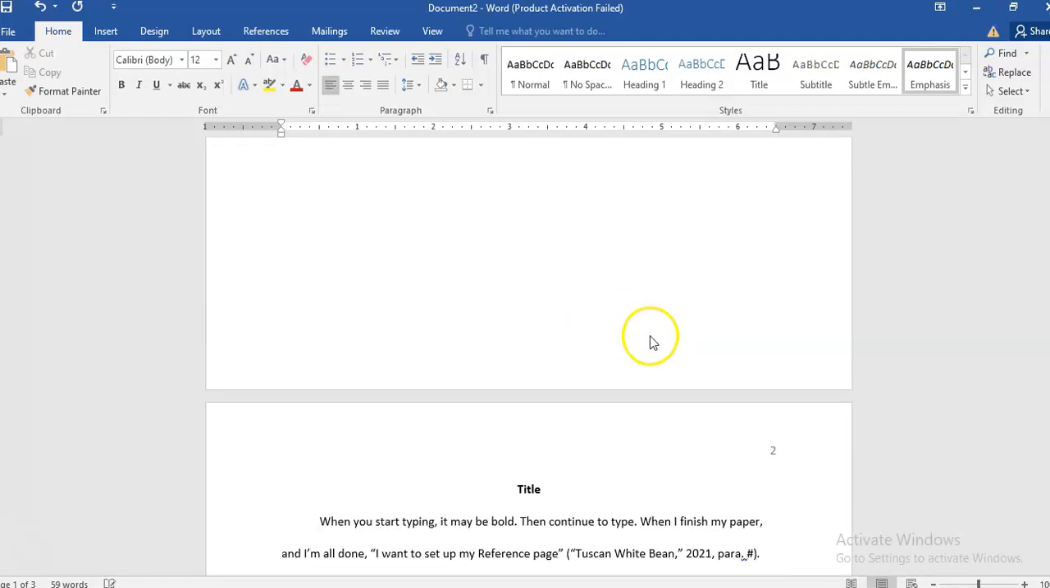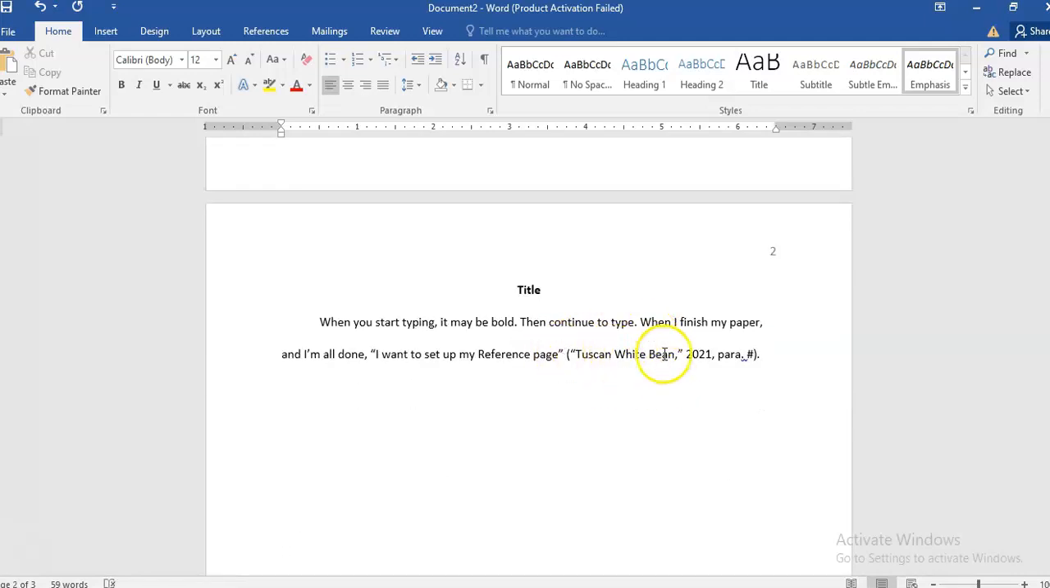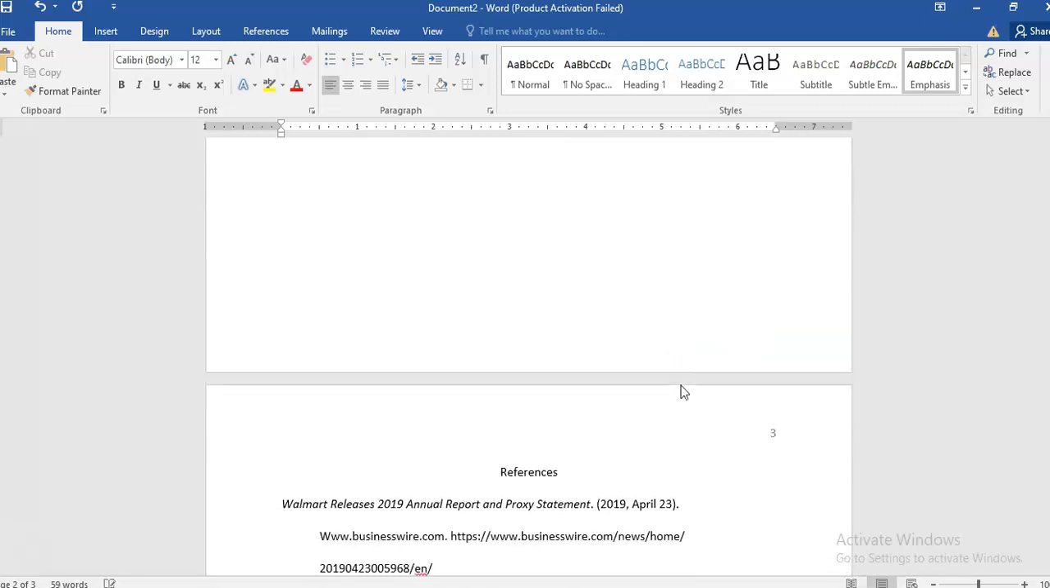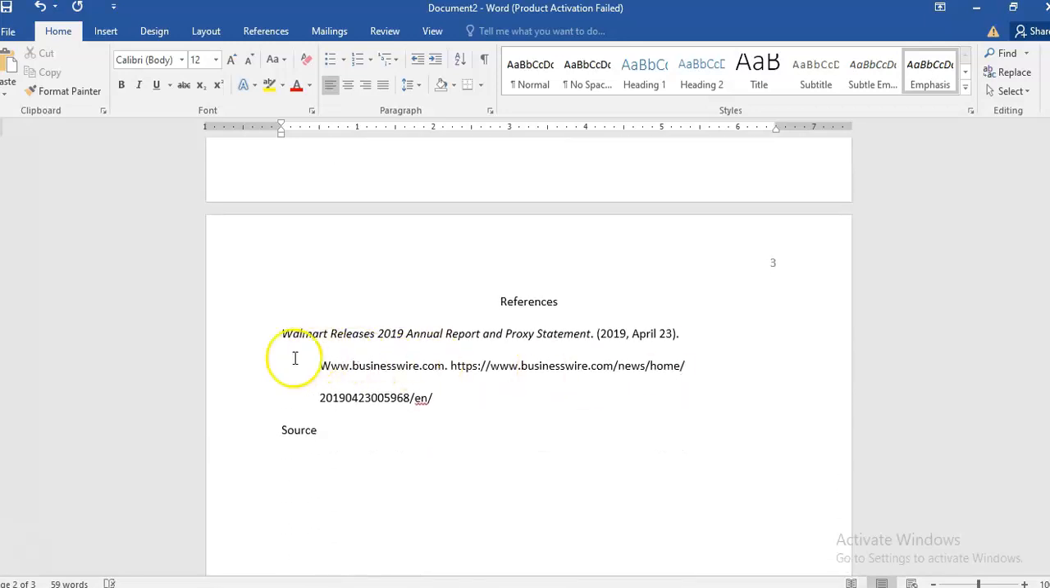Okay, so that is my mini lesson on how to set up your paper in APA, including your title page, the body, adding an in-text citation, your references, and how to set that up. Oh, I wanted to show you one other thing. The other way you can do this, rather than just doing the enter and then tab, is you can go here,